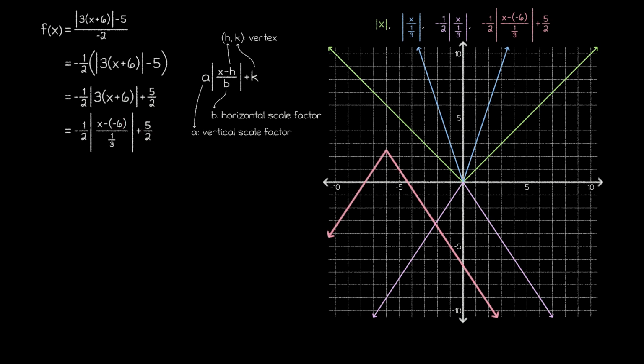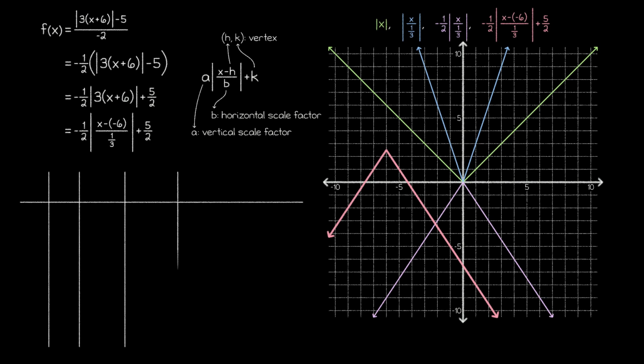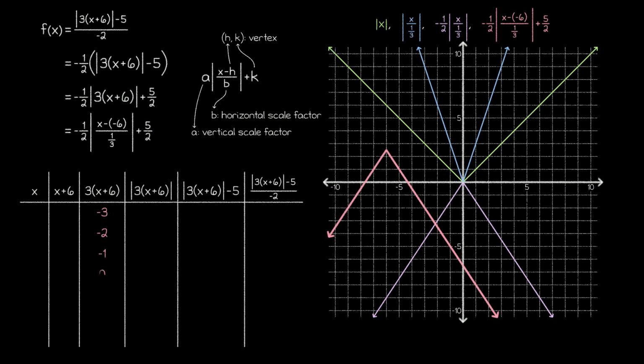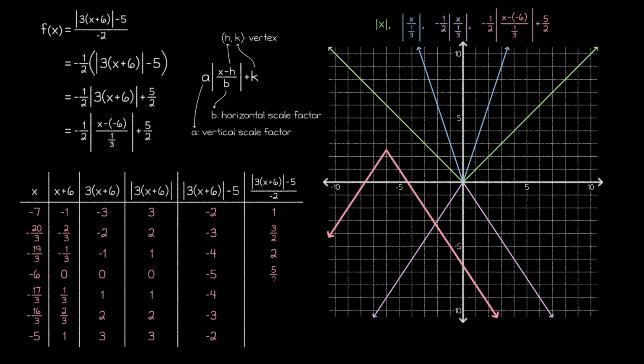From here, we could be done, but let's make our extended table of values quickly to verify our graph. And notice that we labeled our columns according to the original format of the function. This way, if we made any errors when converting from the original format to the transformation format, we should spot the difference in the graphs. Then, once we have our table done and our key points plotted, we can see that our graph is correct.